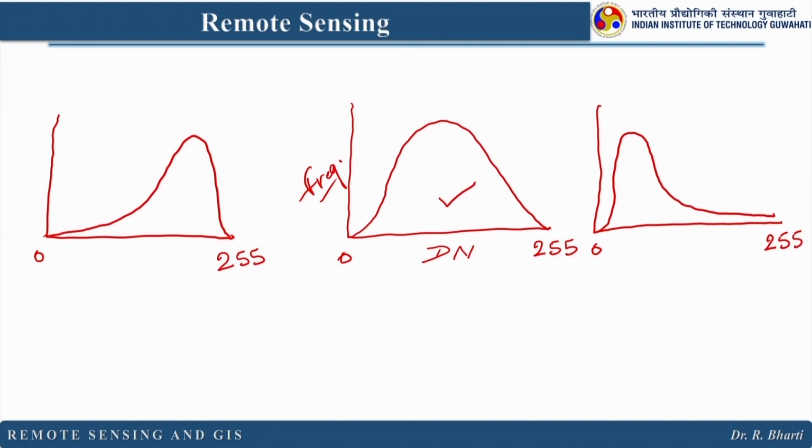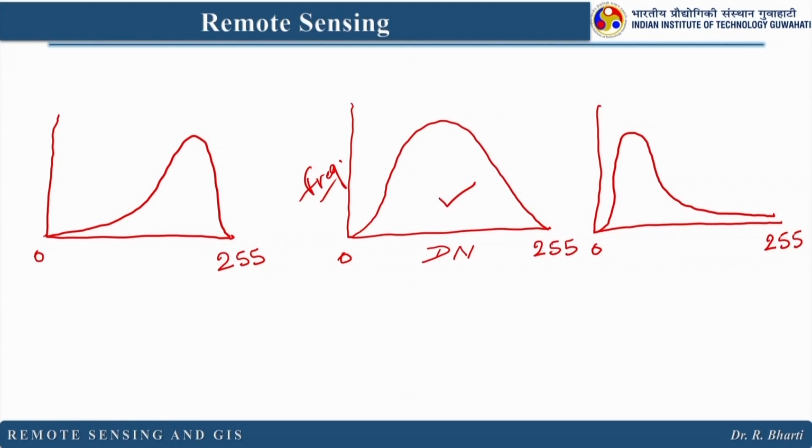So, by looking at this histogram, which has been generated from the satellite data or maybe from a normal camera, you can easily find out the brightness and contrast of this image. If this image has this Gaussian distribution, that means it is occupying the full range or available range of this radiometric resolution. But whereas in this image, it has occupied only this particular range, right? And in this image, it has occupied